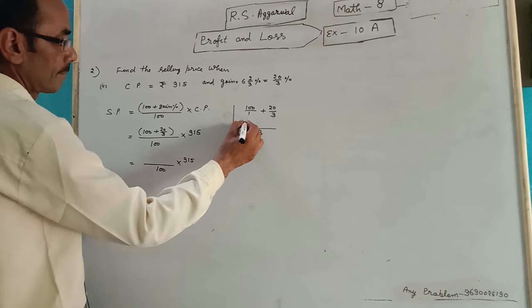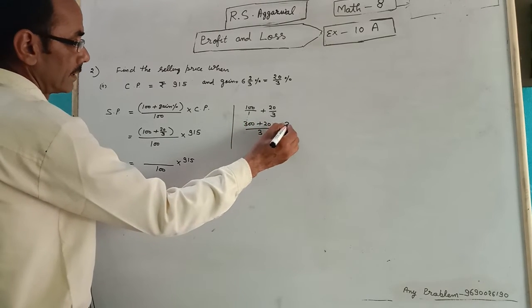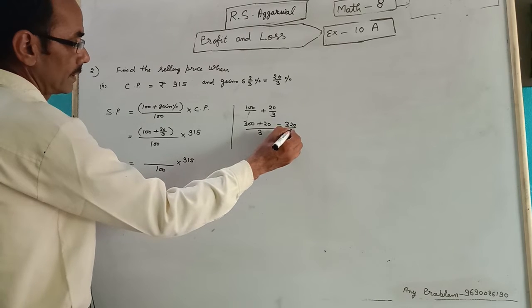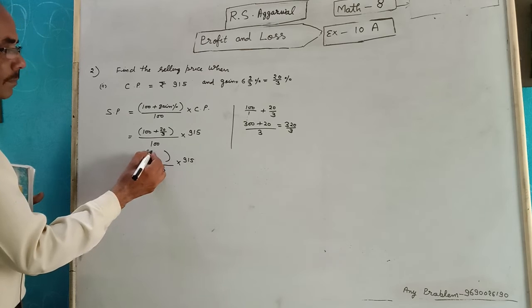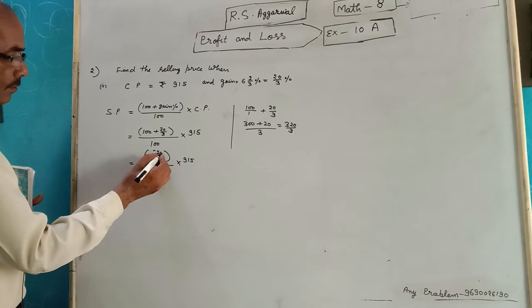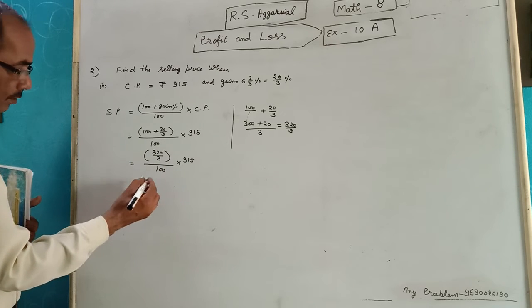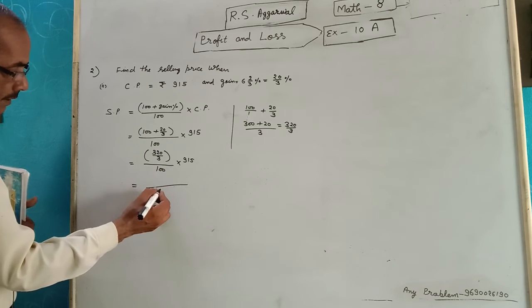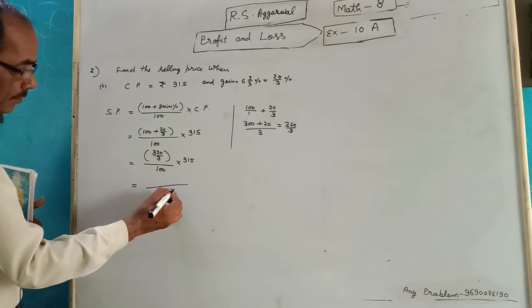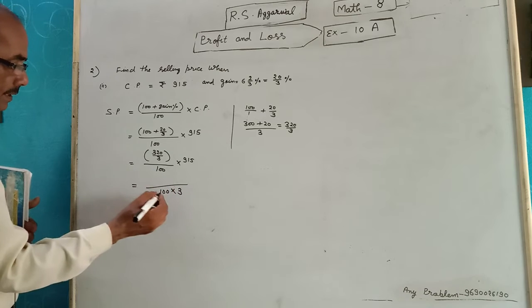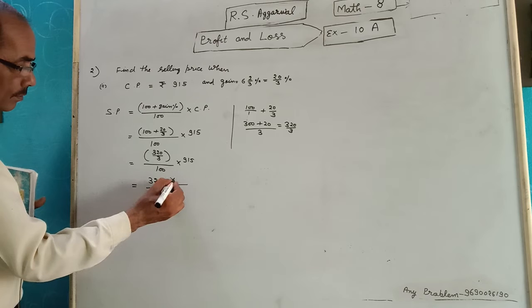LCM is 3. 300 plus 20, 320 upon 3. Write in brackets 320 upon 3. Next line 3 goes into denominator. 100 into 3, 320 into